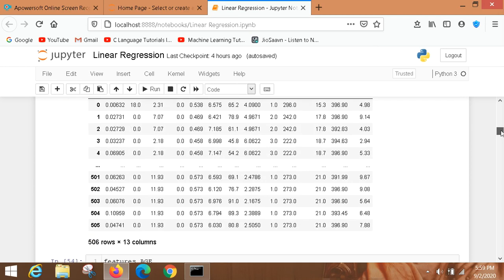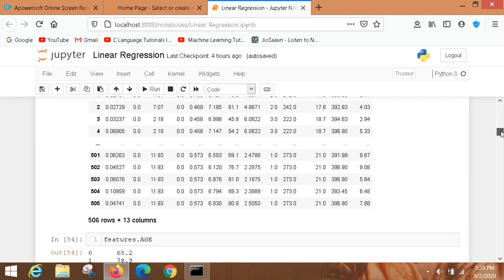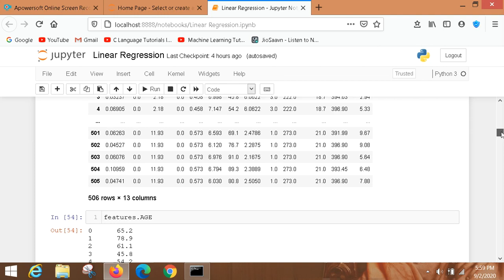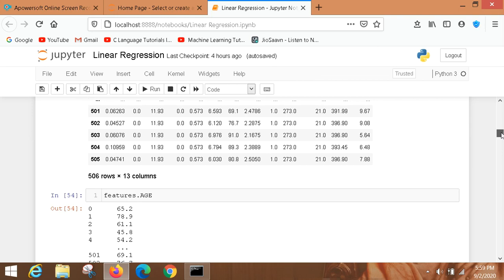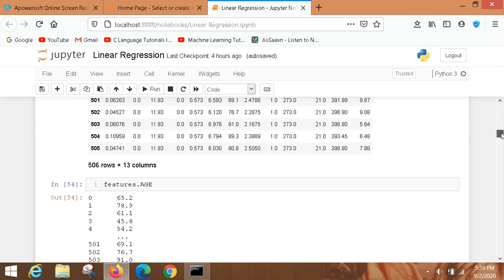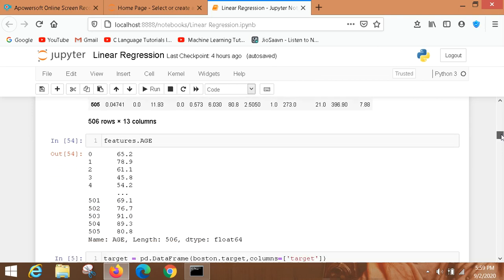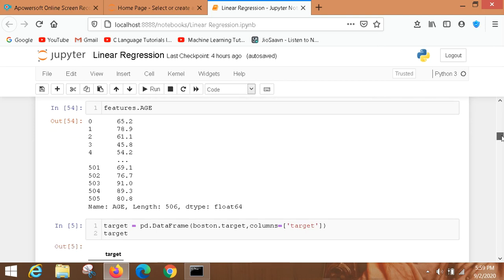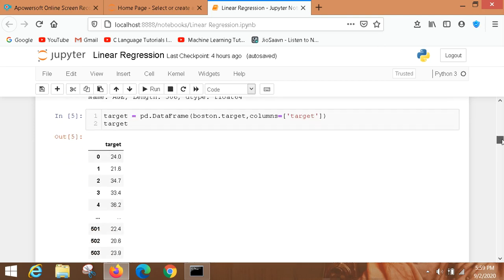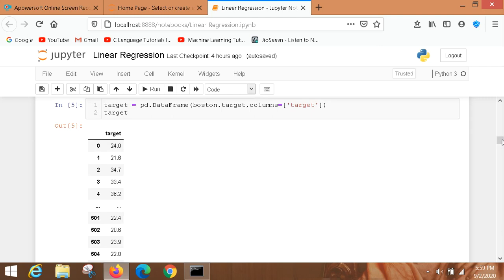As we can see here, there are 506 rows and 13 columns in the data set. 13 columns are for the features and the 14th column is for the target values. For an example, we have printed one of the features, that is the age here, and these are the target values.